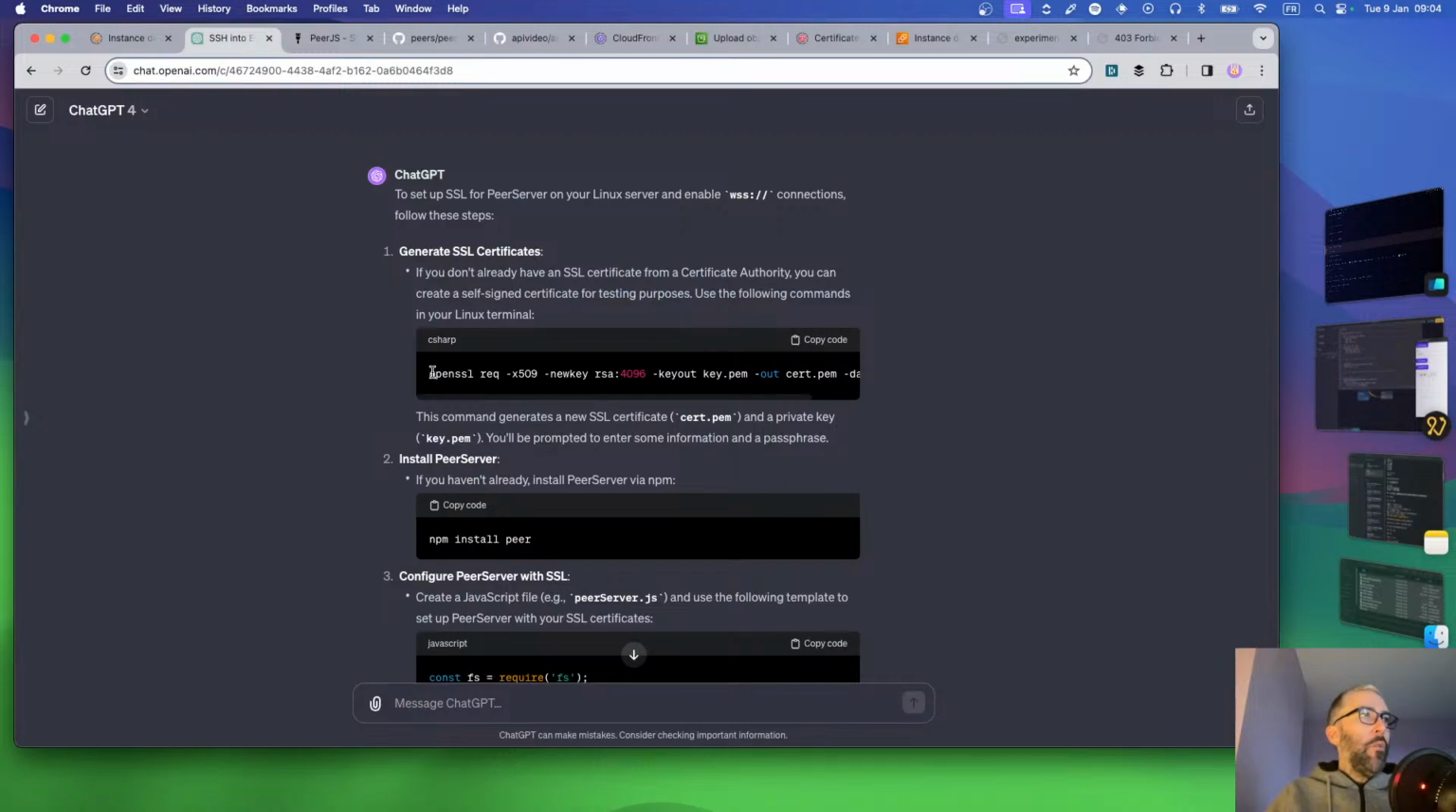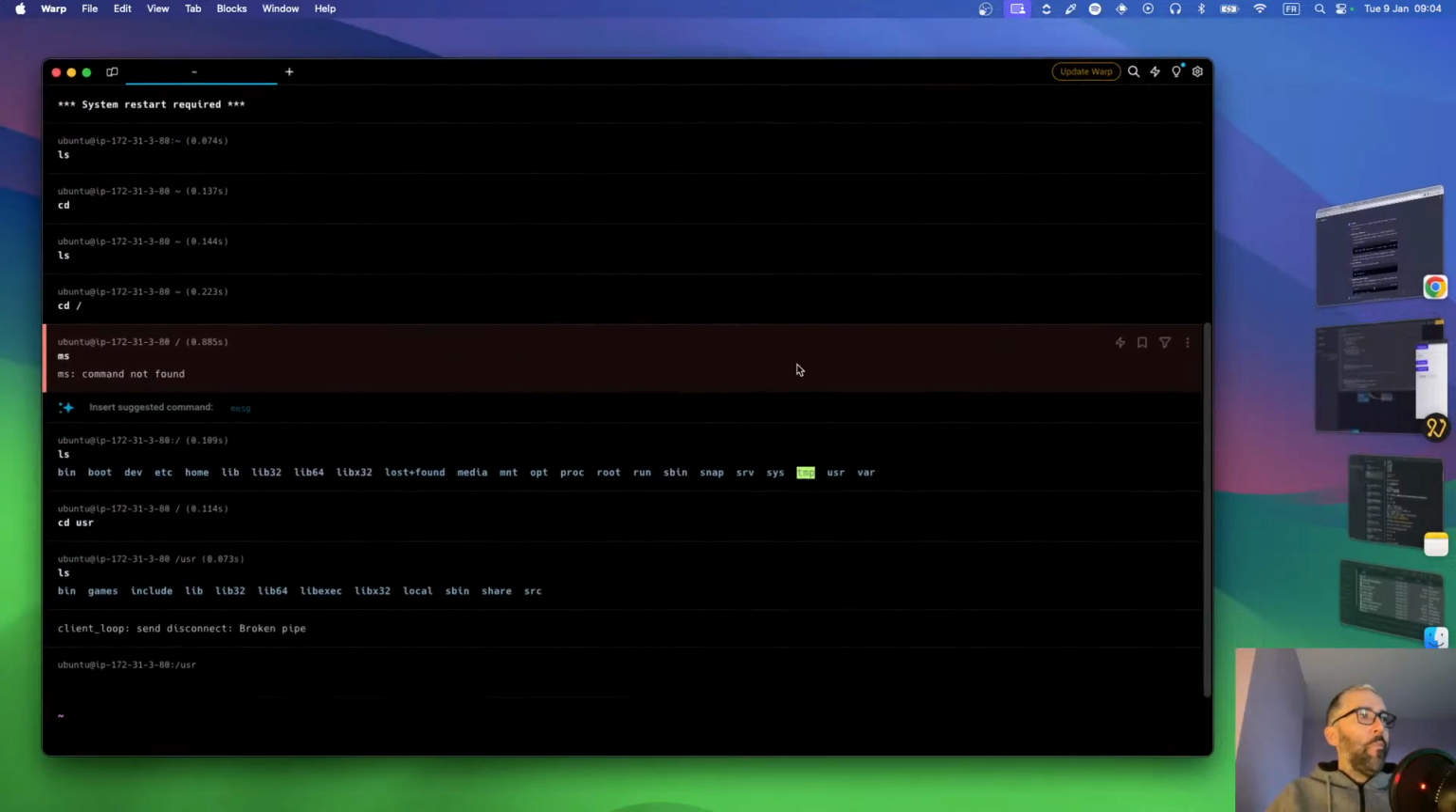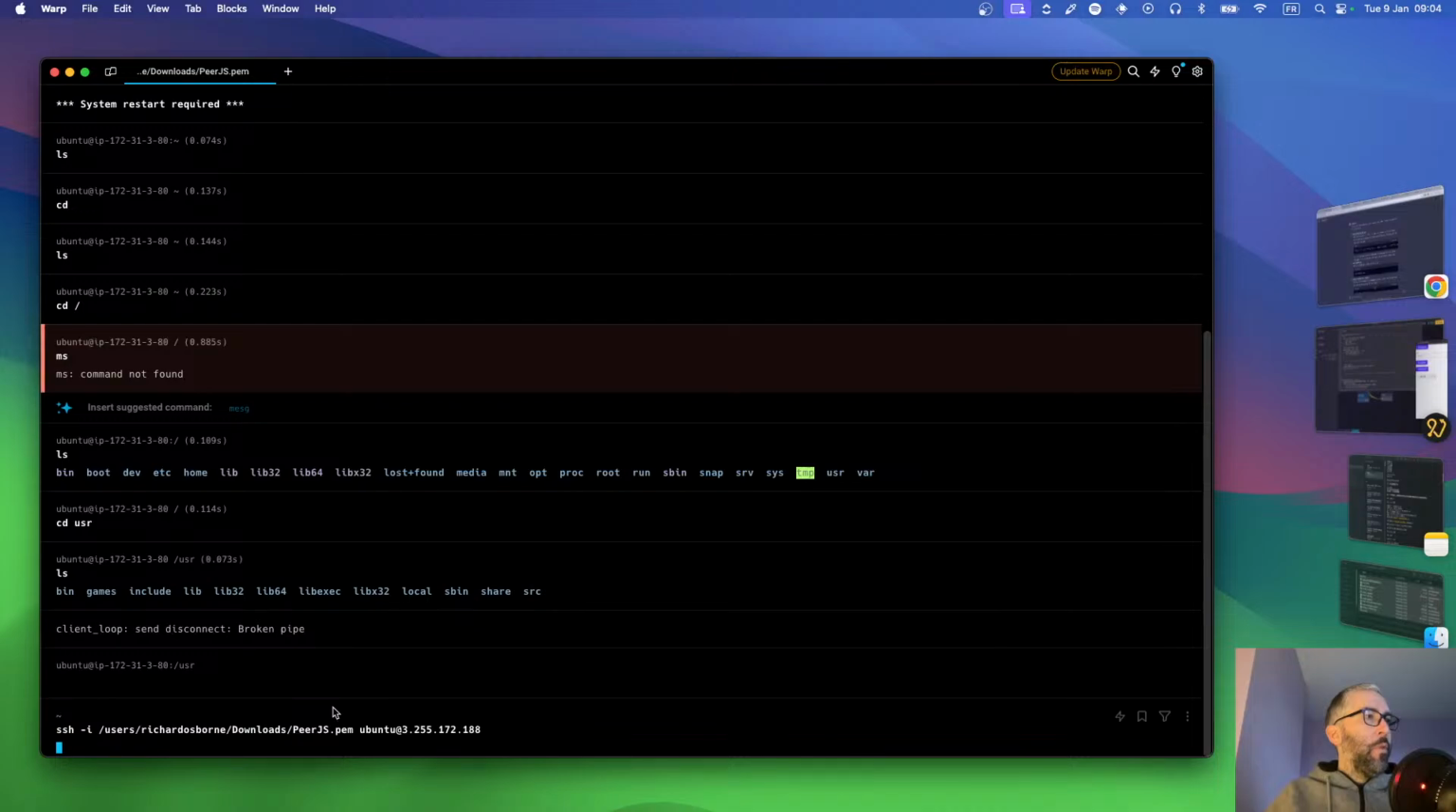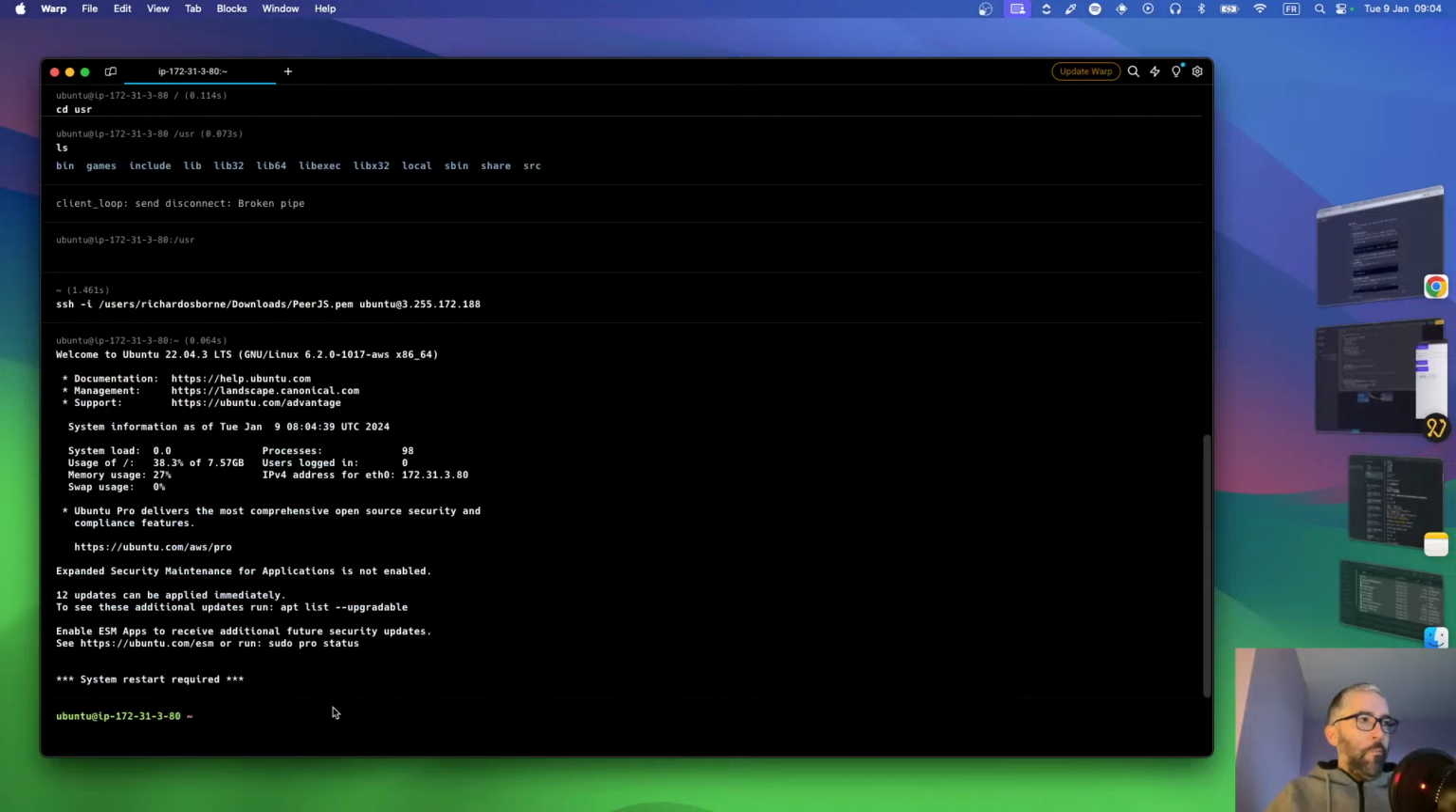So we've got a guide here on how to create the certificates. So we're going to take this. I don't know if we have OpenSSL, so we have to check. So we've got a few things to do. Let's just get cracking. So we're going to log into our server. And then we're going to go,